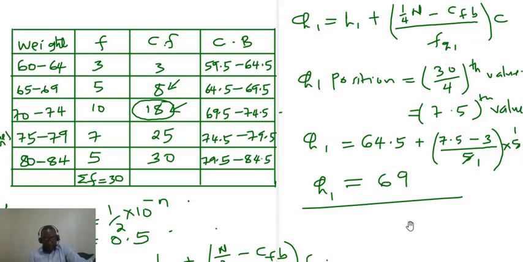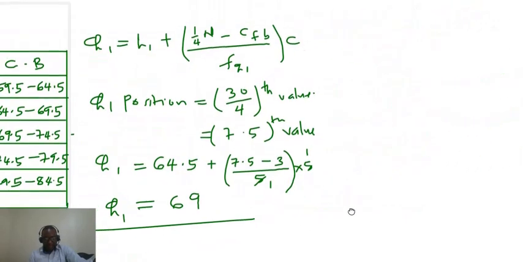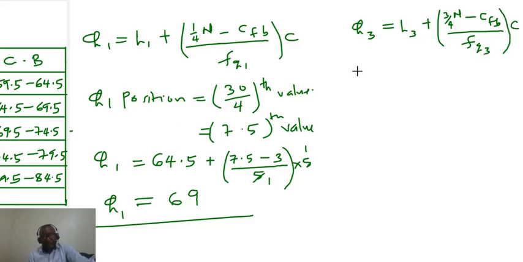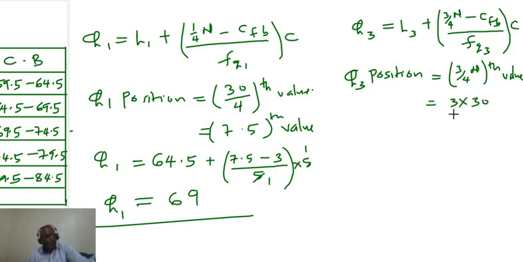Next we proceed to getting Q3 here, which is the upper quartile. Q3 is equal to L3 plus 3 all over 4 and minus cumulative frequency before, all over frequency of the upper quartile class, times C. Now we start with the Q3 position, which is equal to 3 all over 4 and value. We start from this point here. So this is going to be 3 times 30 divided by 4. And that position is